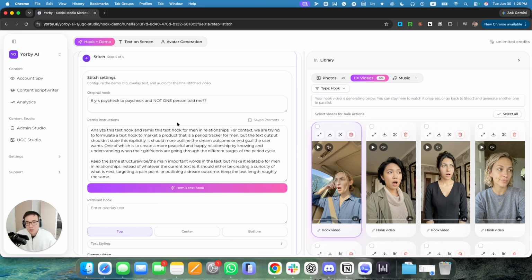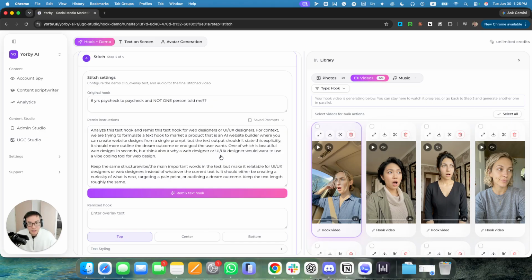And in this step, this is where we're going to be remixing the text hook that's going to be on the screen of the video. Now, for the remix instructions for hook and demo, I recommend to write something like this. In this case, for this example, let's say we're remixing for a vibe coding tool, specifically for web designers and UI UX designers. We'll go ahead and use this prompt right here, which says, analyze this text hook and